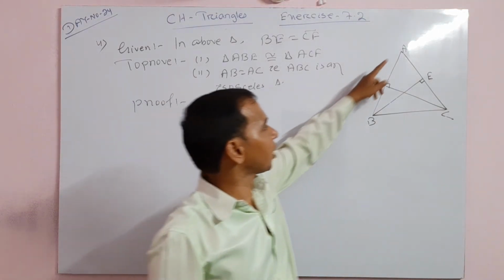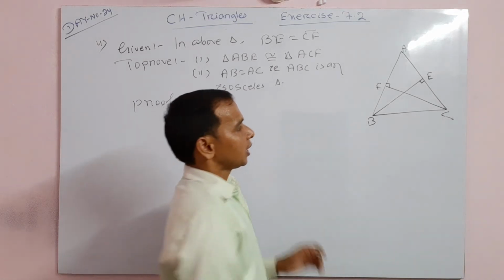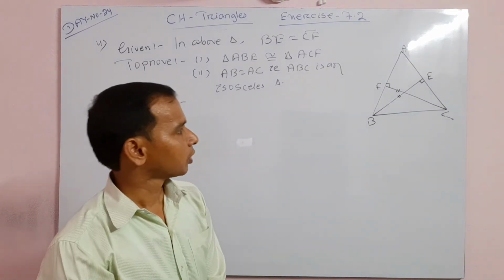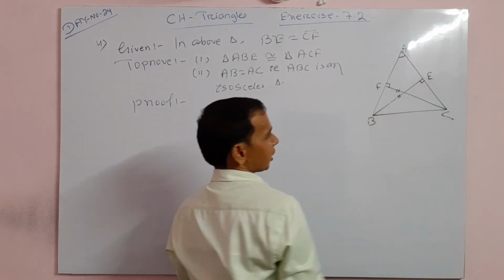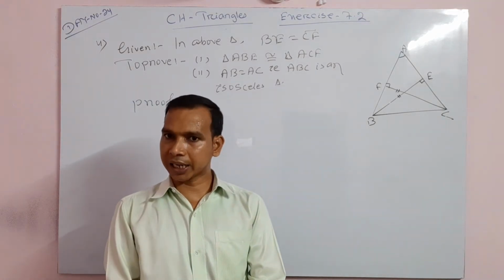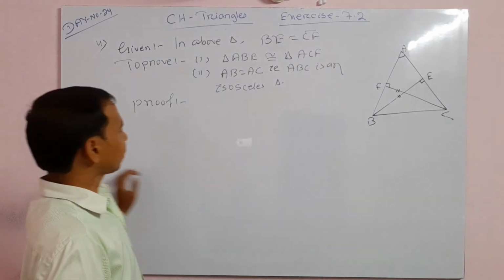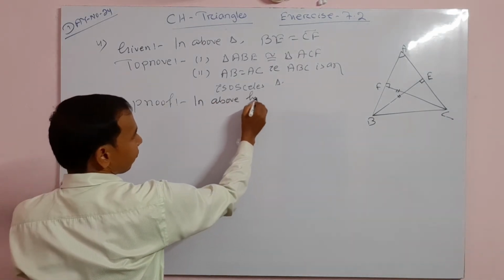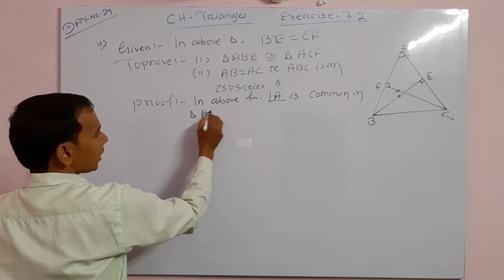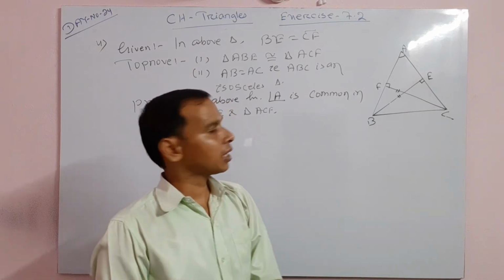देखो अब, first AB here, ABE and ACF are two triangles congruent. देखो, first condition given, BE is equal with CF. Second option here, A angle is the common angle, and this right angle is equal to right angle. Either you take angle side angle criteria. So you write here, in above figure, A angle is common in triangle ABE and triangle ACF.